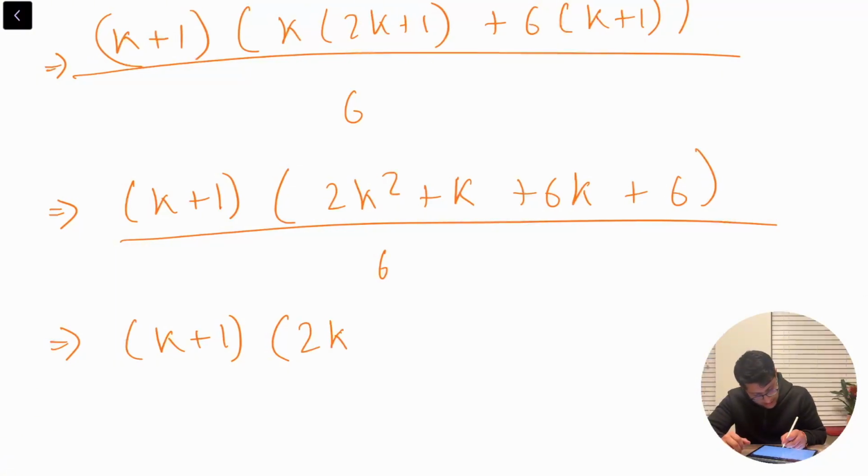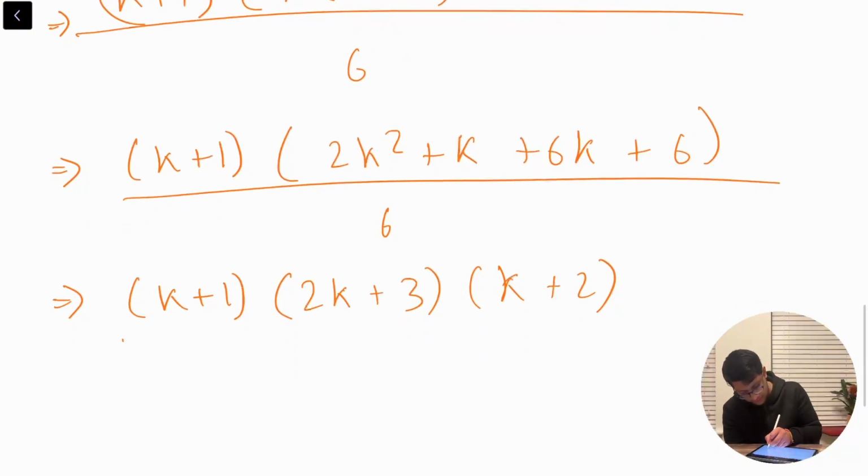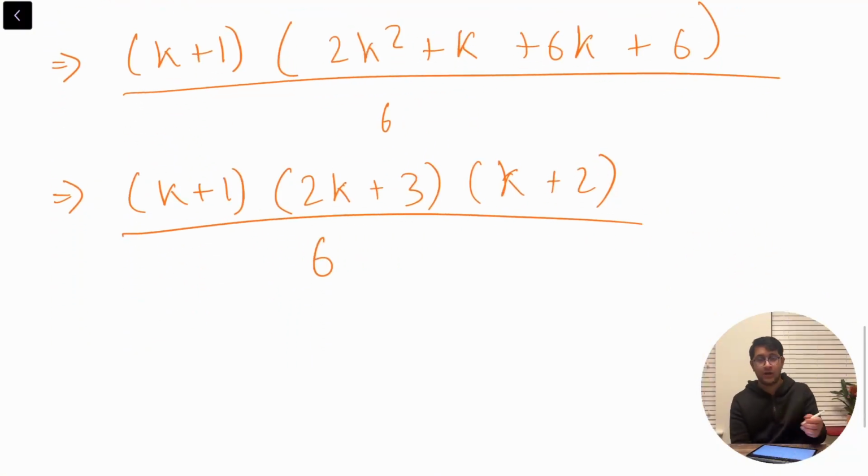you will end up with, what will you end up with? I think you should end up with 2k plus 3 and k plus 2 maybe? Does this work? 6, 2k, 7k, no, sorry, 4k plus 3k, 7k. Yeah, this does work. Cool. Over 6. And now, as you can see here, because I know what I'm trying to work towards,